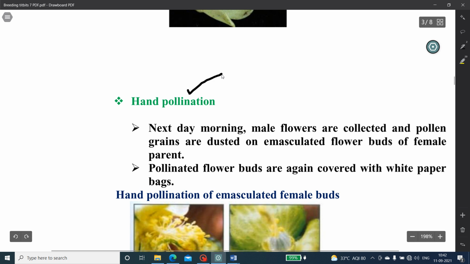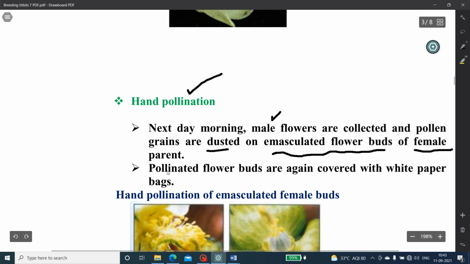For this you have to select the male flowers and collect them, and that male flower pollen has to be dusted, pollen grains have to be dusted over the stigma of emasculated flower buds of